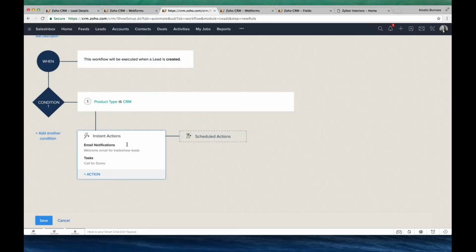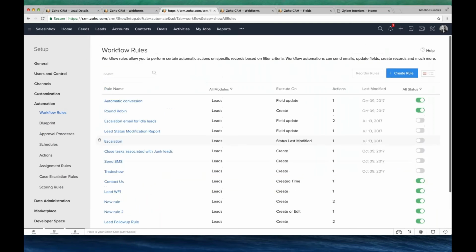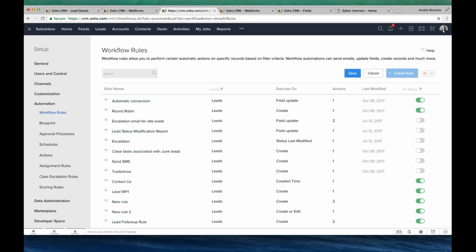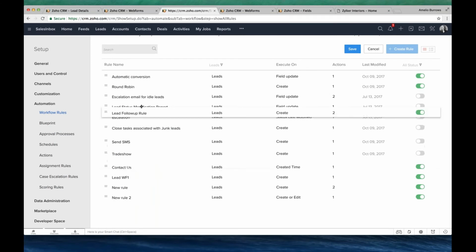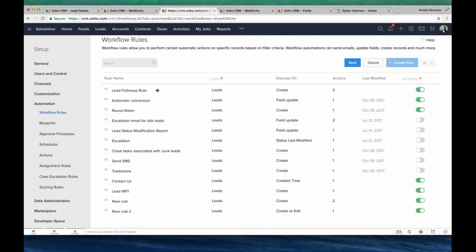So instant action: email been sent and task been added for the owner. Now I save it. And there are so many workflows being created, so what I will do is I'll try to reorder it, because whatever I have created, I want that to be executed first, right?